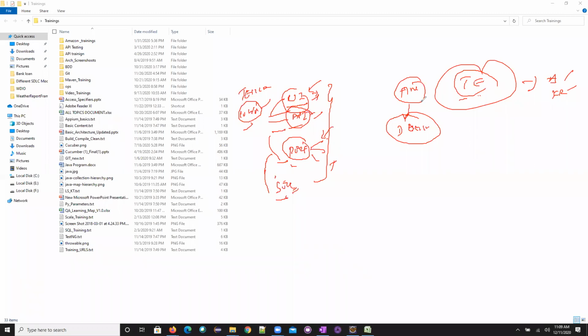Now, why I told you this about designing: in the designing phase you need to do this test case enumeration. In this enumeration, test cases are classified into different layers, and you can also classify them into different suites. We need to divide into a smoke suite and a regression suite and so on. Don't worry about what smoke and regression are; that is our bread and butter. By tomorrow you'll understand these different kinds.